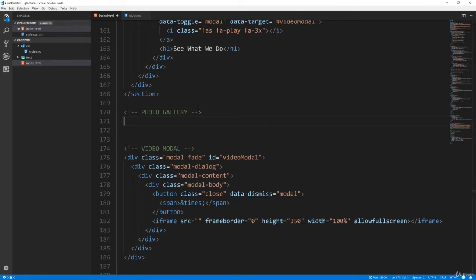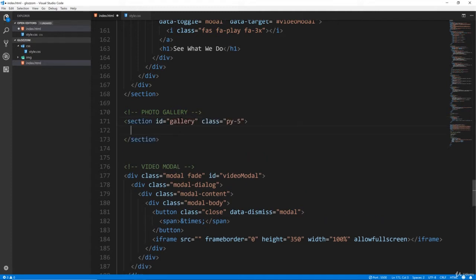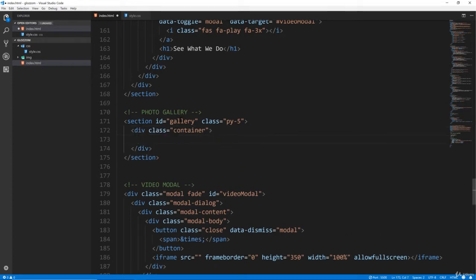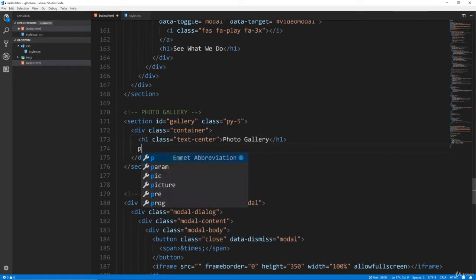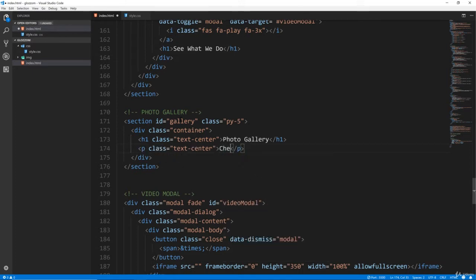So for the photo gallery, let's do a section with the ID of gallery. And we're also going to give it a padding top and bottom class, so py-5. And let's put our container. And inside the container, I'm going to have an h1, and I want it centered. So I'm going to say text-center, and let's just say Photo Gallery. And then under that h1, we'll have a paragraph, and we'll also center that. And that's going to say, we'll just say check out